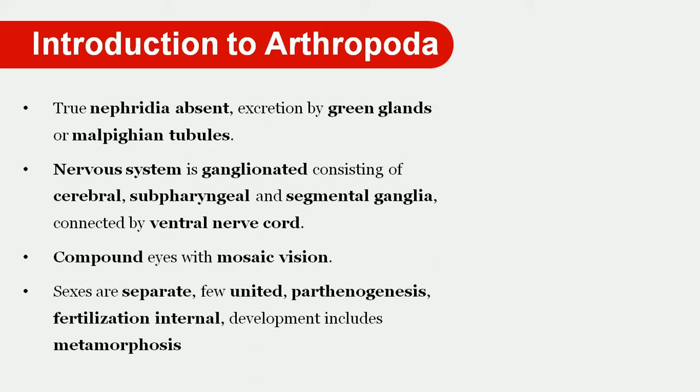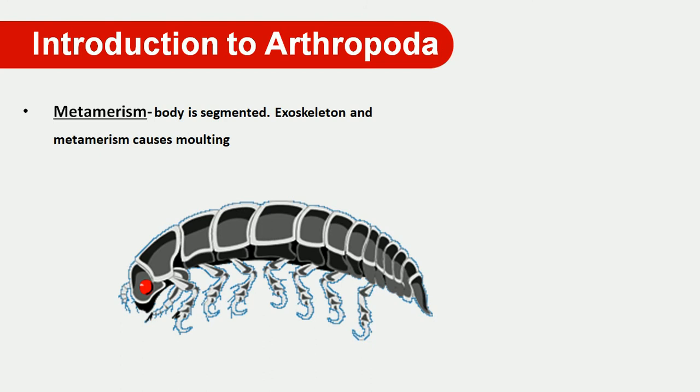Now we can go through this very specialized feature, metamerism. Looking at the pictures, the body is metamerically segmented, and the exoskeleton covers the body as a casting system. Frequently, at a specific time, the outer cuticle is removed in the process of ecdysis, or molting.